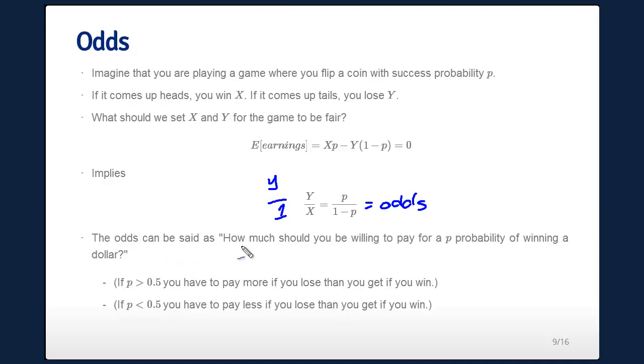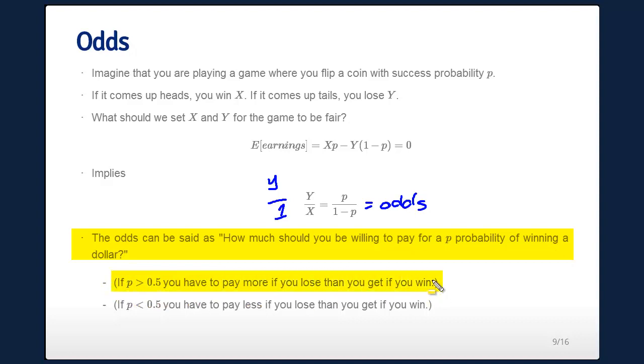So the odds can be said as how much you would be willing to pay for a probability P of winning $1. Well, for the game to be fair, if you have a very high likelihood of winning,